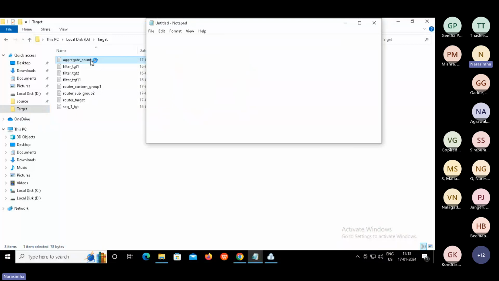So aggregate count, same file, right? See, the count is different too. That's what you are saying, right? Same thing happened here also, because the definition is grouping a set of related records. There are two related records with a value 1. It is grouped into one.